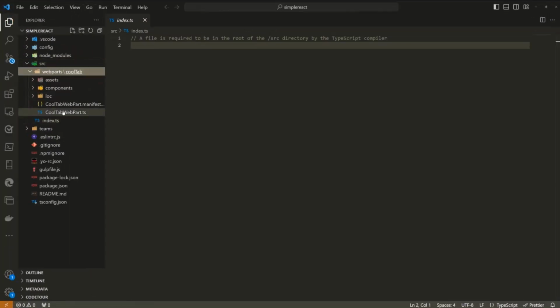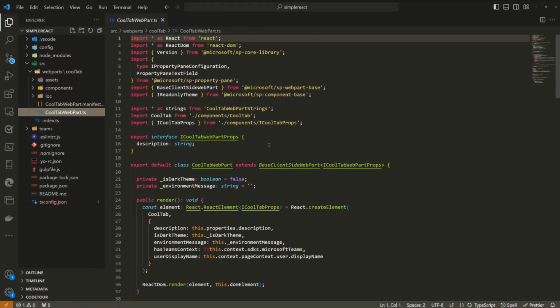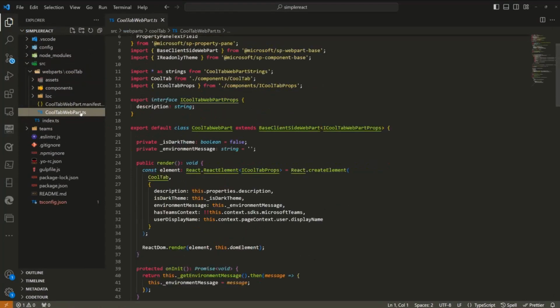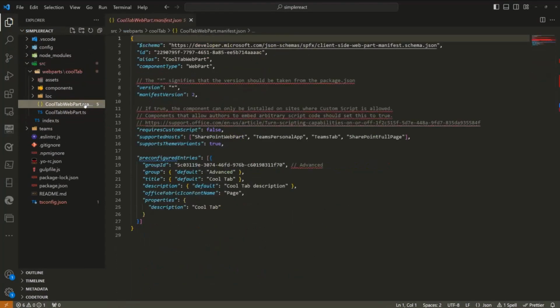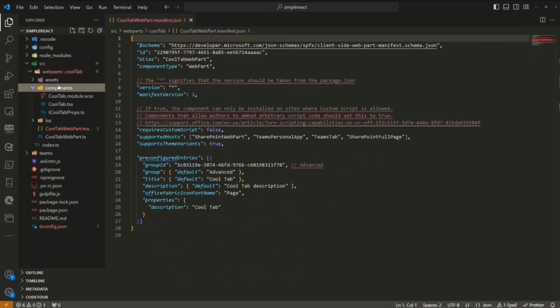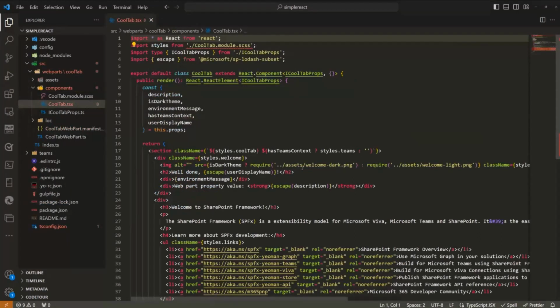I've created one web part here called Cool Tab web part because it's uber cool. So a basic setup is a SharePoint Framework web part. In this case, it's built using React and the basic shell is getting created in here. So nothing too special. This exists already. It might have been used already in SharePoint as a web part, but you want to get this one included in the Microsoft Teams Toolkit shell. And let's go through those steps directly within this Visual Studio Code window.